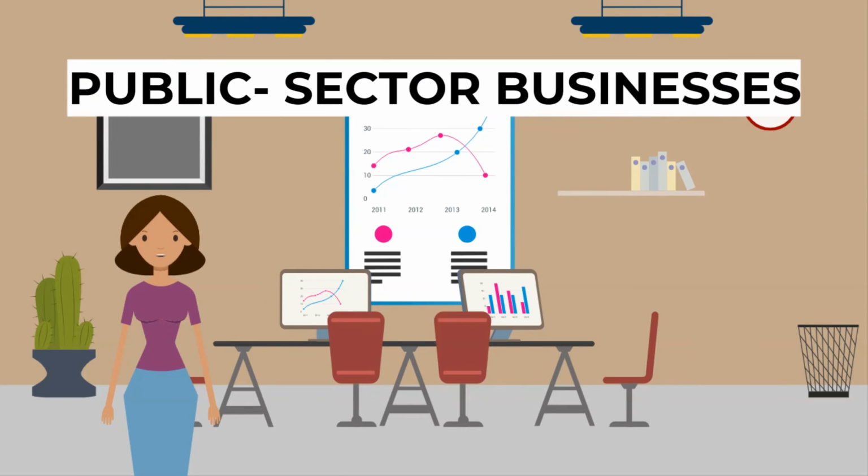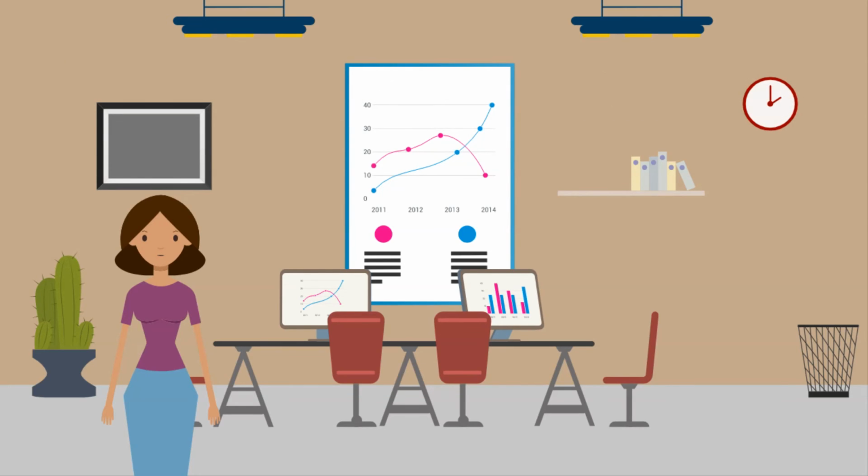That brings us to public sector businesses. Government-owned and controlled businesses do not have the same objectives as those in the private sector. So, what are their objectives? Financial. Although these businesses do not aim to maximize profits, they will have to meet the profit target set by the government. This is so that it can be reinvested into the business for meeting the needs of the society. Service. The main aim of this organization is to provide a service to the community that must meet the quality target set by the government.